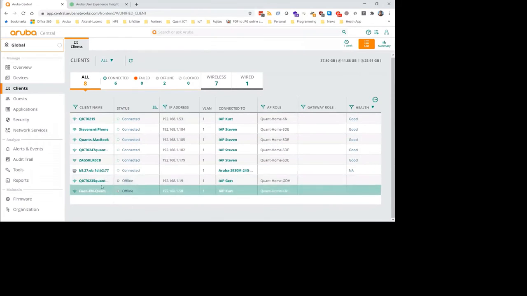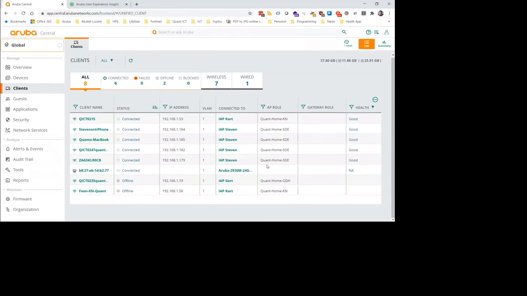And we can see that there are clients not connected anymore. For instance, Kurt's telephone is no longer connected to the demo SSID. Kurt, if I may ask you to connect it, if possible, of course, to that SSID, then we can see during the demo that it comes online and stuff like that. Nothing too